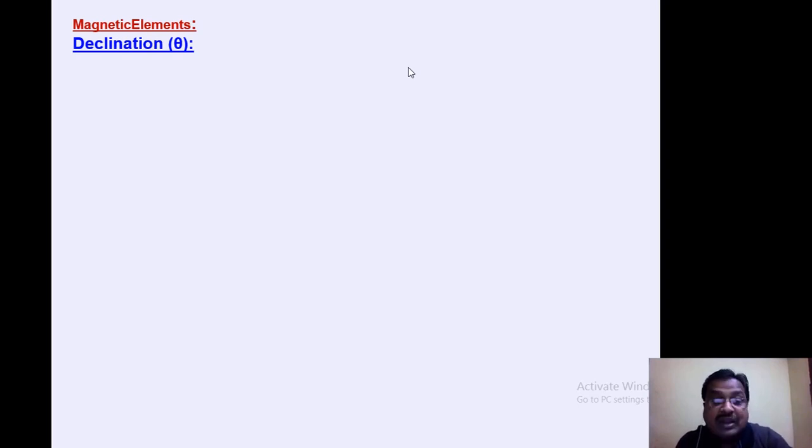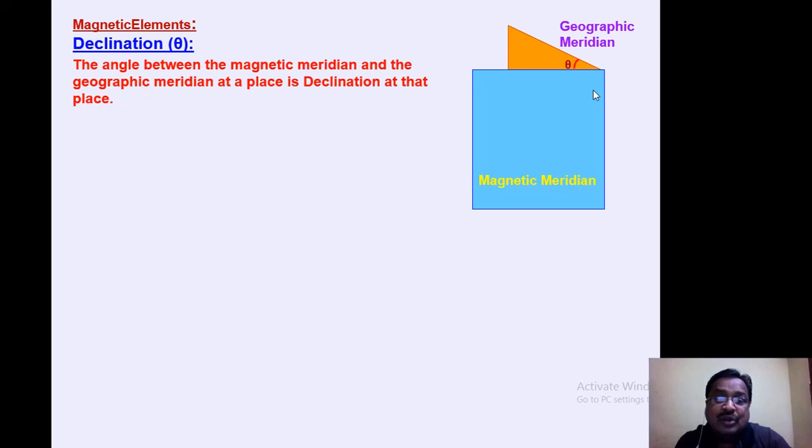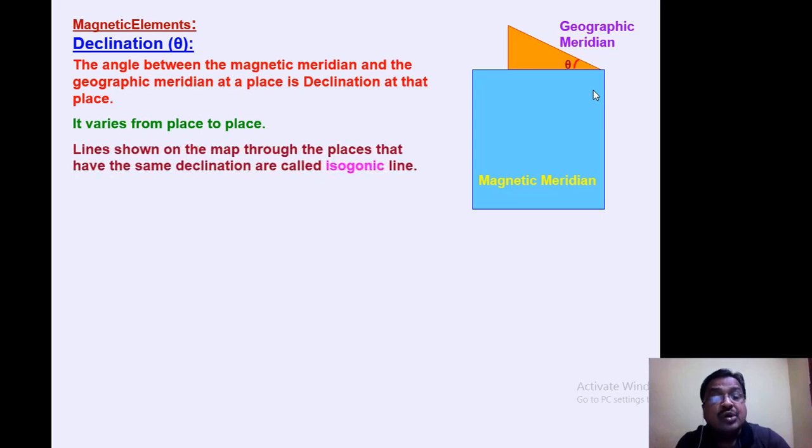To begin with, what is declination theta? Let this be marked in yellow color, this one is geographic meridian, and here this is your magnetic meridian, and both are inclined at a particular angle theta. So, that angle theta between magnetic meridian and geographic meridian at a particular place is called declination or magnetic declination at that place. This is the first magnetic element, and generally this theta varies from one place to another place,